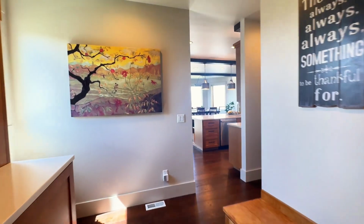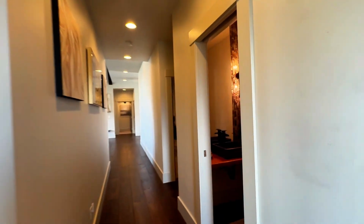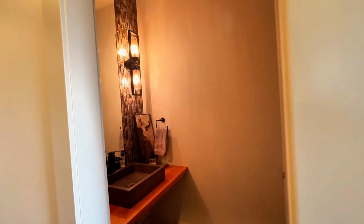So I don't know why they have 2. That has to be for some other purpose. Okay, and then, so this bathroom,